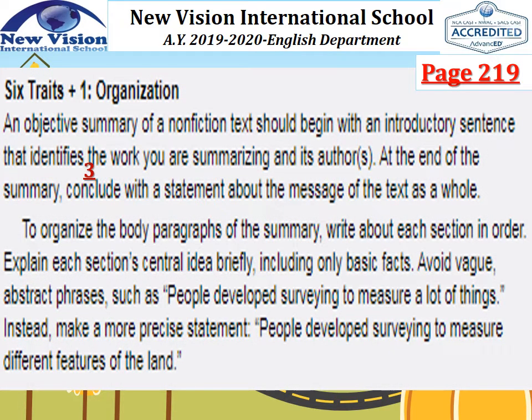Alright, grade 7, let us now move on with our 6 traits plus 1, how to organize your objective summary. As a background, an objective summary of a nonfiction text should begin with an introductory sentence. Based on what we have learned on the previous slide, it came from the word what? Great! From the word introduce, which means to begin or to start. That identifies the work you are summarizing and its author or authors. It's like giving a short background. Then,